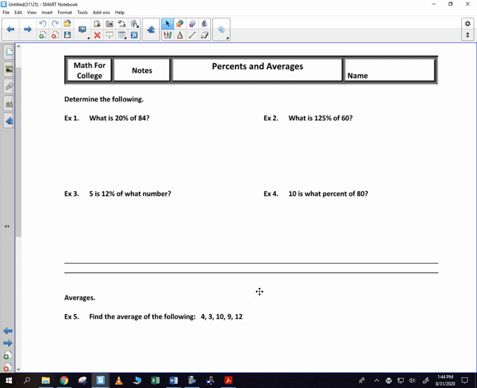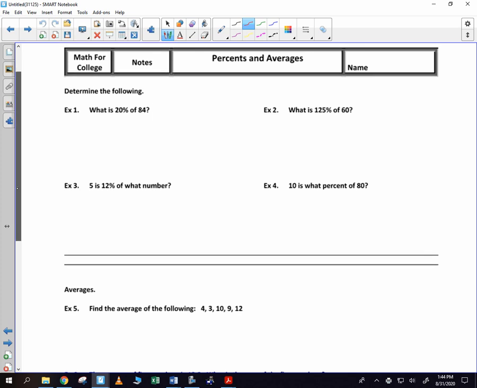Okay, Math for College, this is your final lesson before you get ready for your test. This is on percents and averages. And so the first thing we want to do is take these problems and express them as